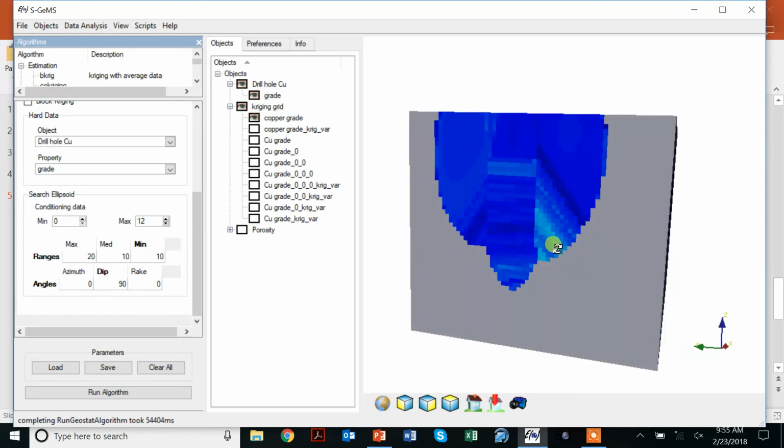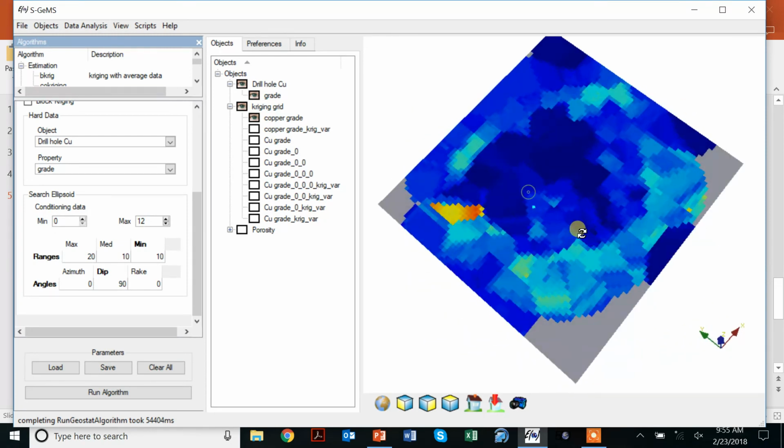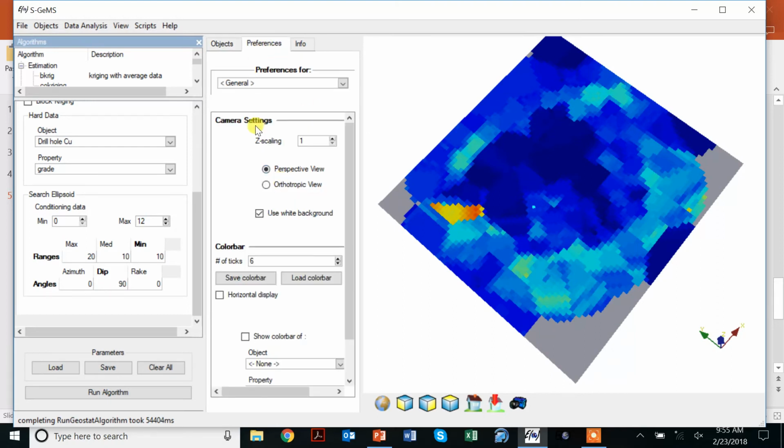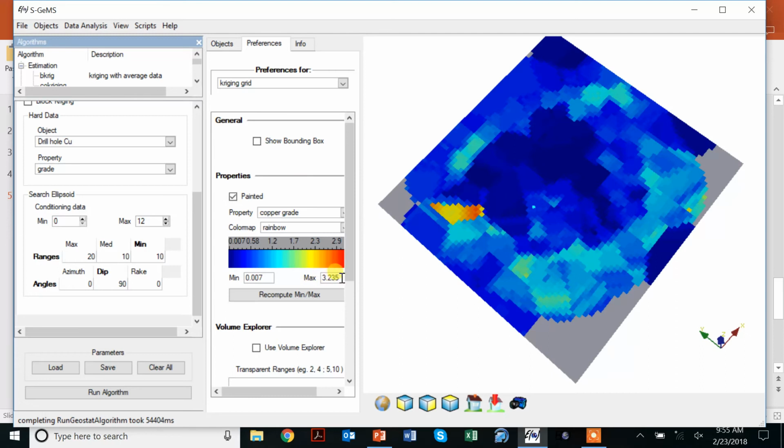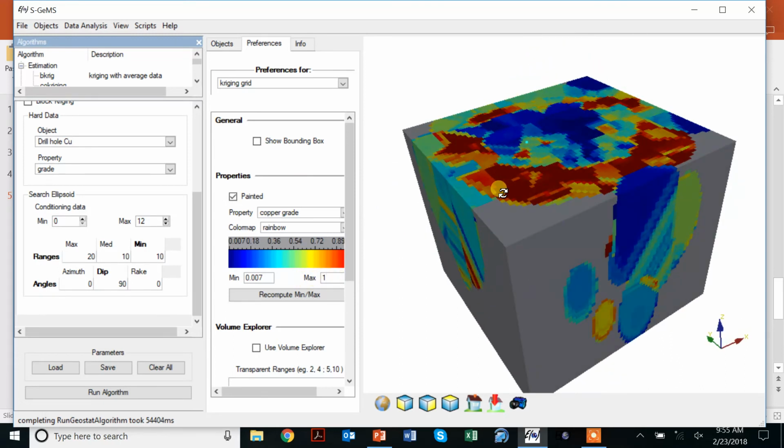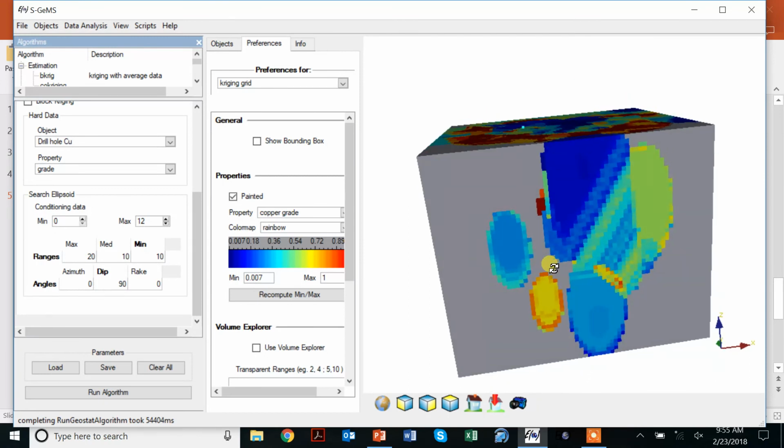I noticed that I could maybe toggle a little bit in terms of the Kriging grid and cut this down a little bit, gives you a better idea. So I get this really kind of ugly looking result. It seems like there's a fault in there, and you get these elliptical shapes. So why is that? Well, that has a lot to do with the fact that in terms of conditioning data,